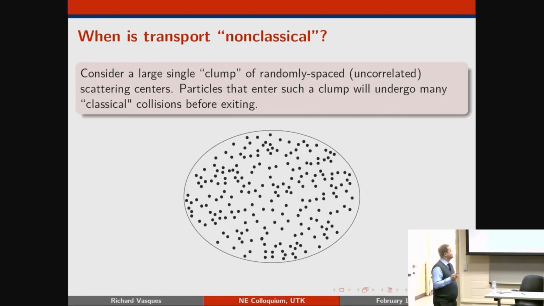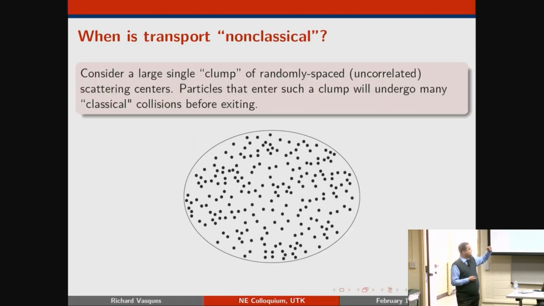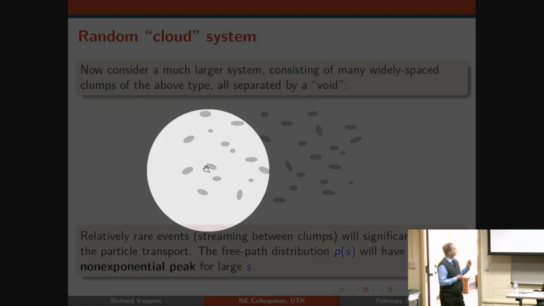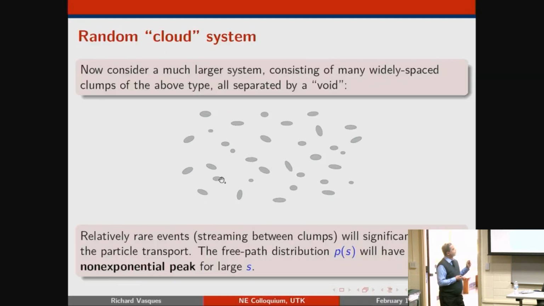So let's think about this. You have one clump, and in this one clump you have Poisson distributed colliders. So that could be a water droplet, and inside this one piece of material, you have Brownian motion. Everything works as you're used to. But then I zoom out, and I look at the global system. So the global system now is a lot of those clumps. Each one of these is the previous figure.